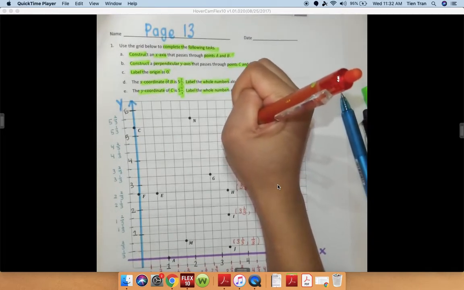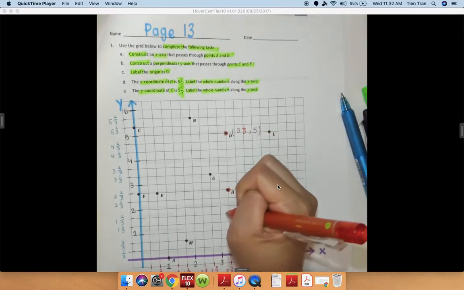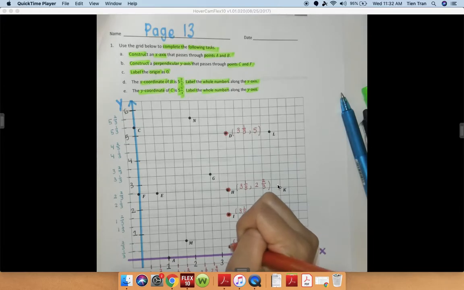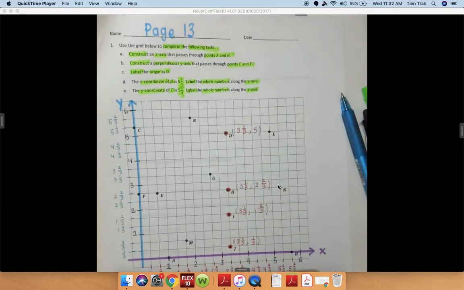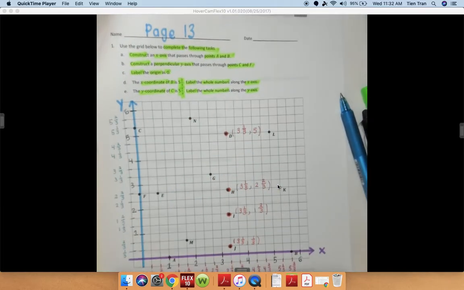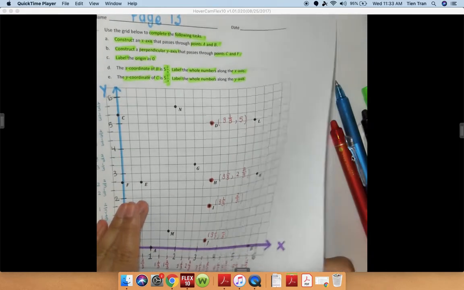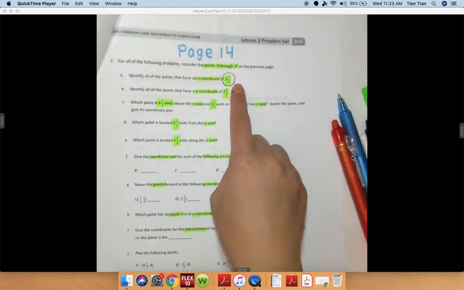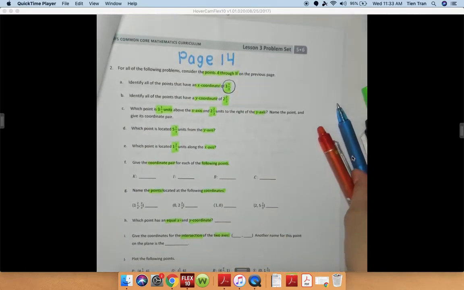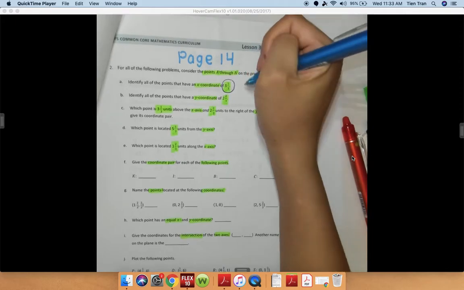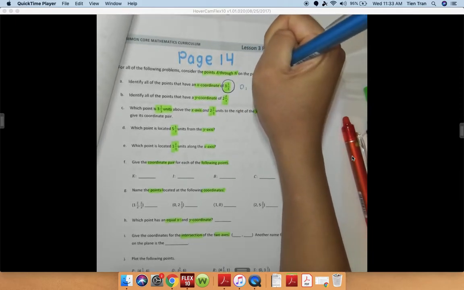Now I'm going to put little oranges around it so that I know this one belongs to the orange one, because there's so many coordinates. Look at all of those. How crazy. So I'm going to turn my page, and right here I'm going to mark down my coordinates that have 3 1/3, which is D, H,